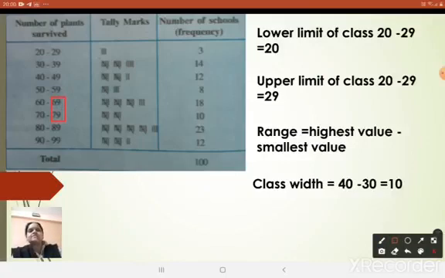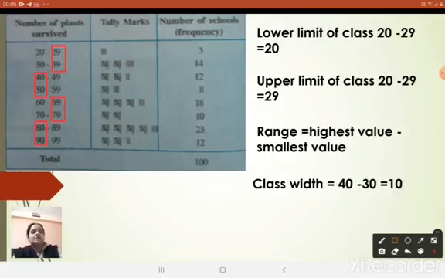What is the difference between them? 79 minus 69 is 10. If I take the difference between two lower limits 40 and 50, the difference is 10. If I take 80 to 90, the difference is again 10. If I take 29 to 39, 39 minus 29 is again 10. So the difference between any two consecutive lower limits or any two consecutive upper limits will become the class